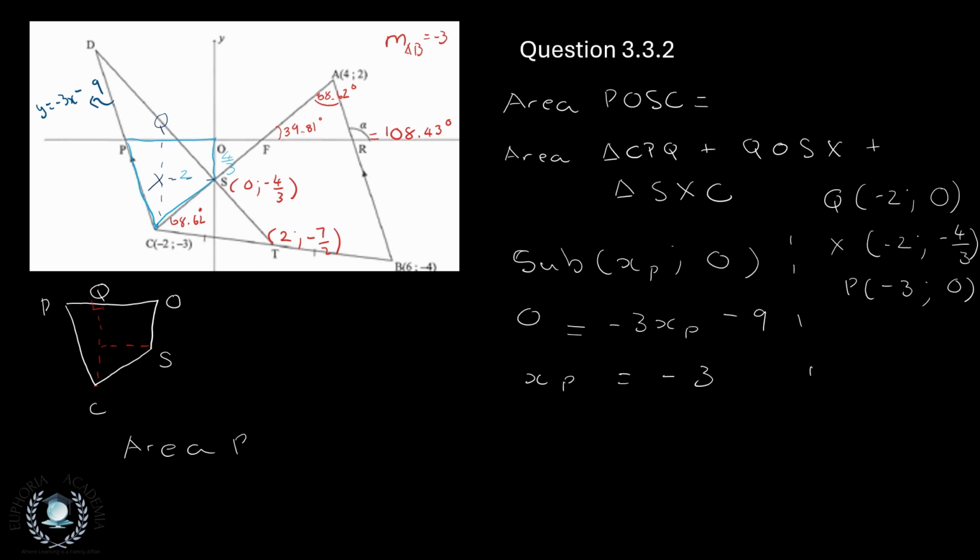of POSC is equal to half the base of the triangle CPQ. That is going to be 1. So half of 1 times the perpendicular height, which is 3 units. Yeah, it is 3 units. Yeah, half times perpendicular height plus, now we need to find the